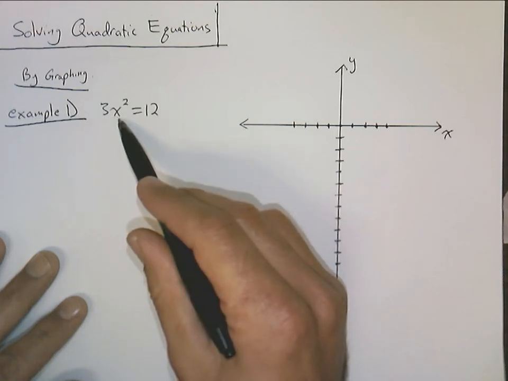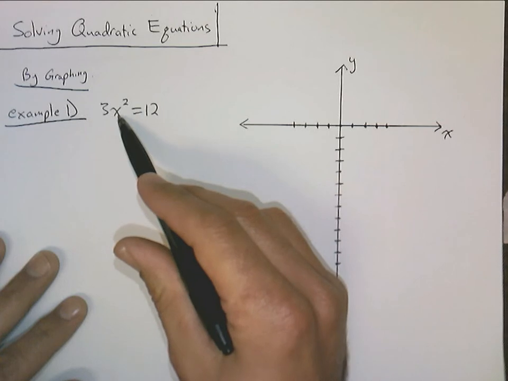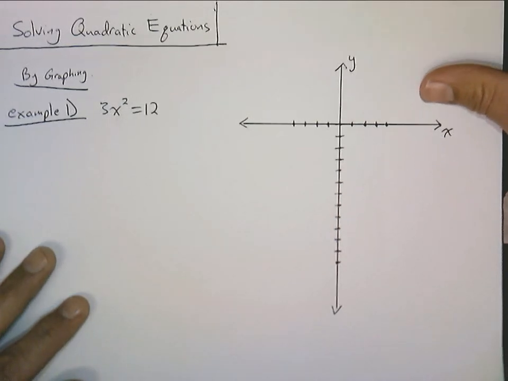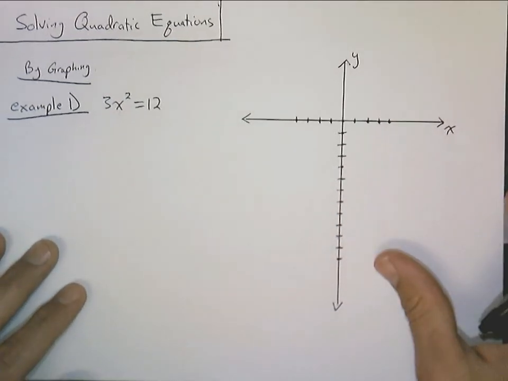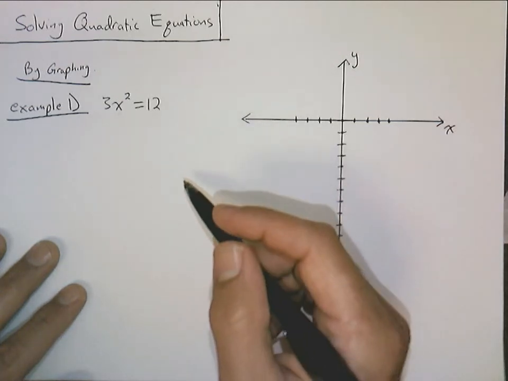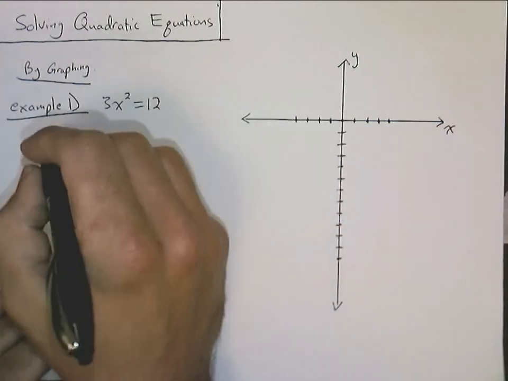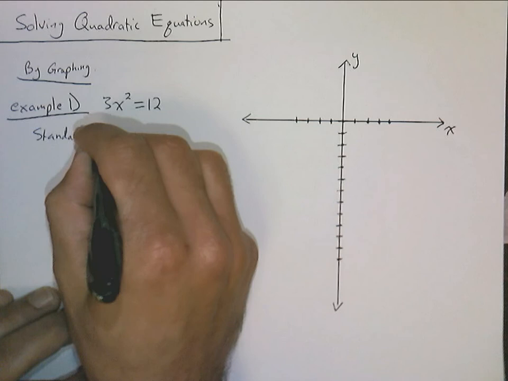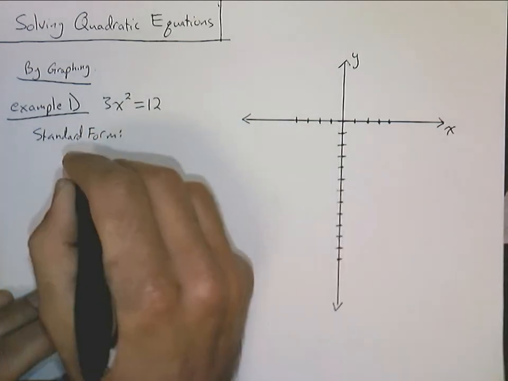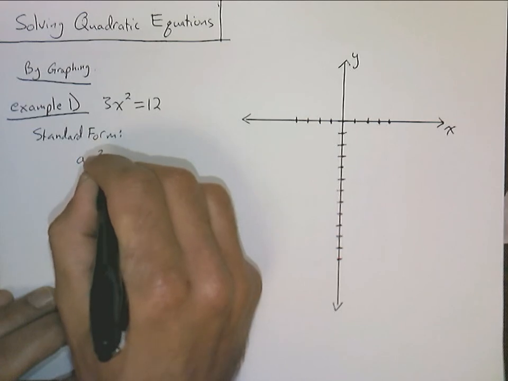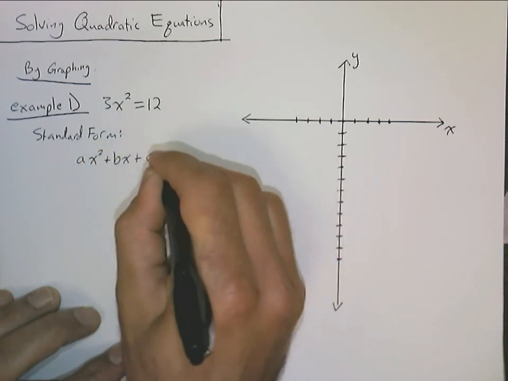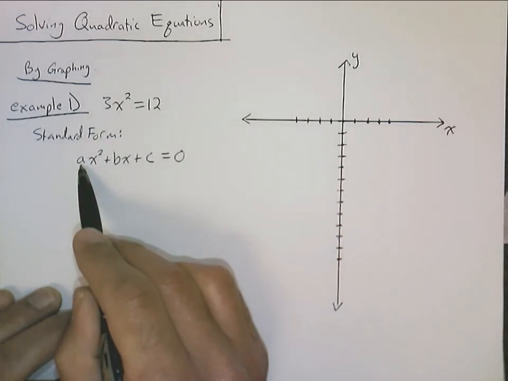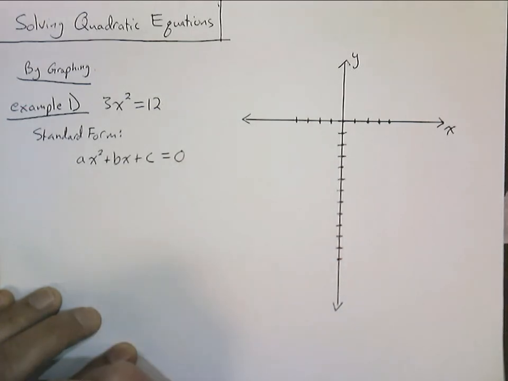If we plug in negative 2 for x, then the square of negative 2 will also be a positive 4. 4 times 3 is 12. So we know what the solutions are going to be, but we want to go about this in a manner which will work for equations that aren't quite so obvious. So the basic idea is that a quadratic equation in what's called standard form is going to look like this: a times x squared plus b times x plus c equals 0, where a, b, and c are just numbers,